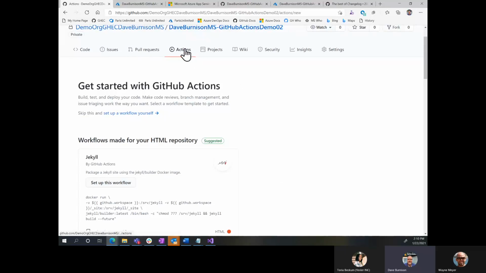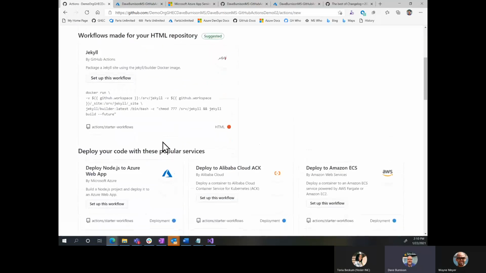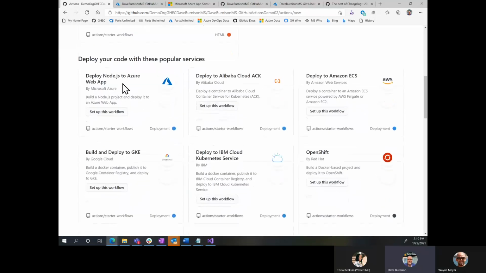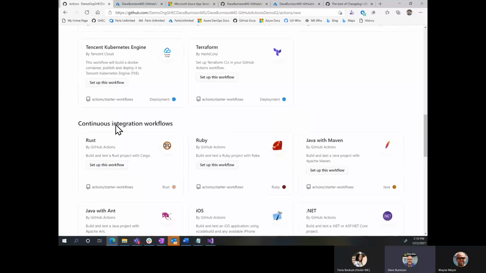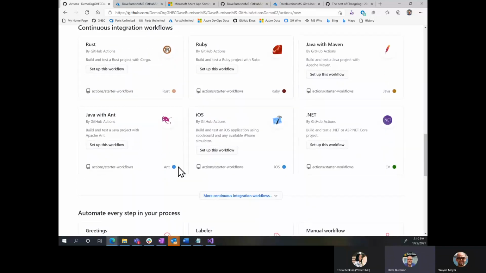When I first go to my Actions tab within my repo, I see some different suggestions here. There's web app, but I've got a .NET web app, so I want to start with something a little different. I'm going to go down to continuous integration here. There's .NET. Oh, perfect, there's the .NET right there.